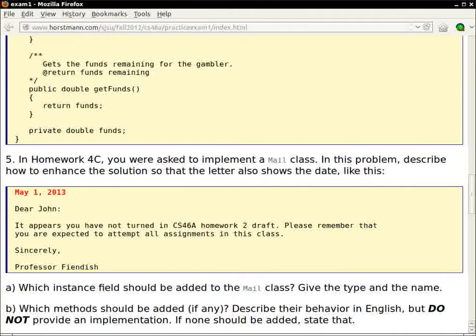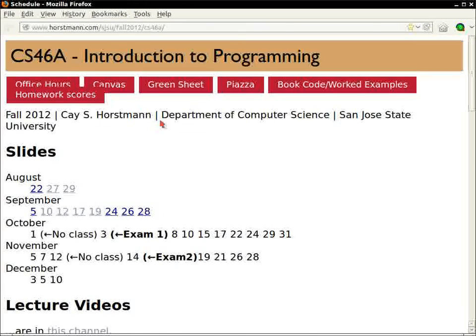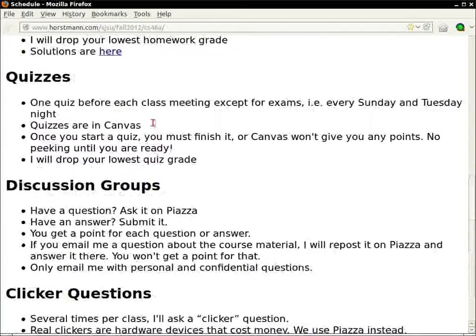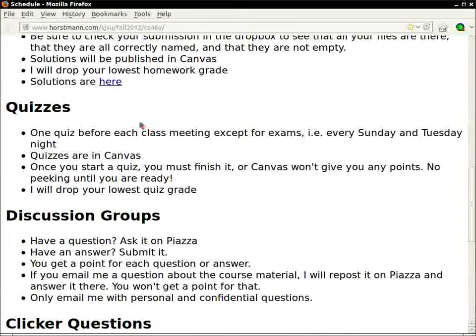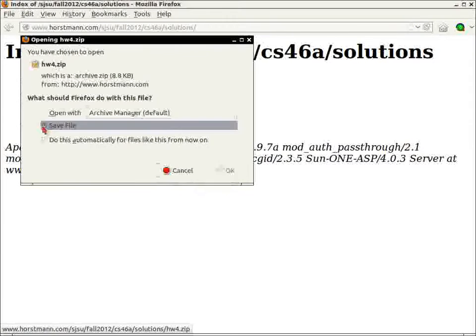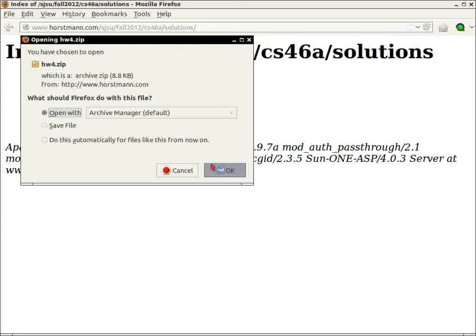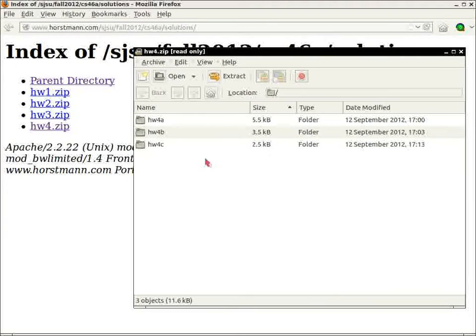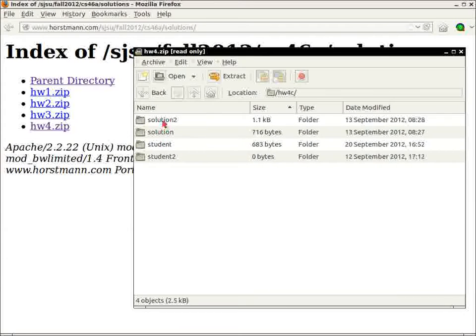Let me have a quick look at the solution of 4C. So now I put all the solutions at one spot. It was silly, whatever I did before. So let's see. 4C. Yeah. Just by the way, when you look at these here, solution is the draft and solution 2 is the final.